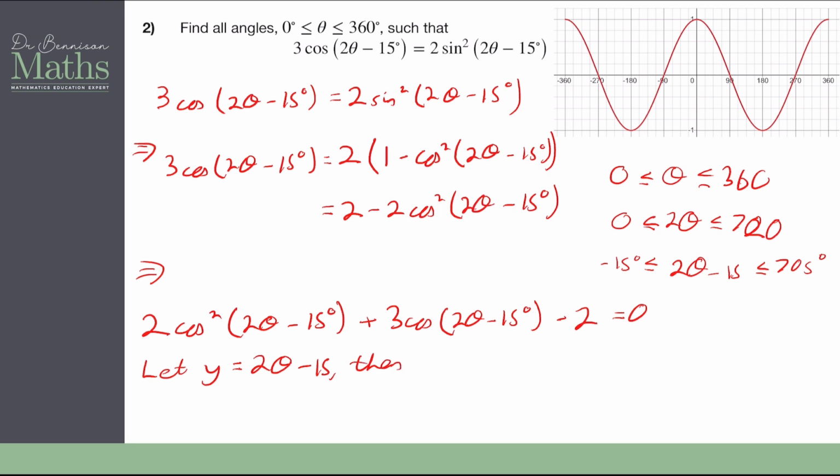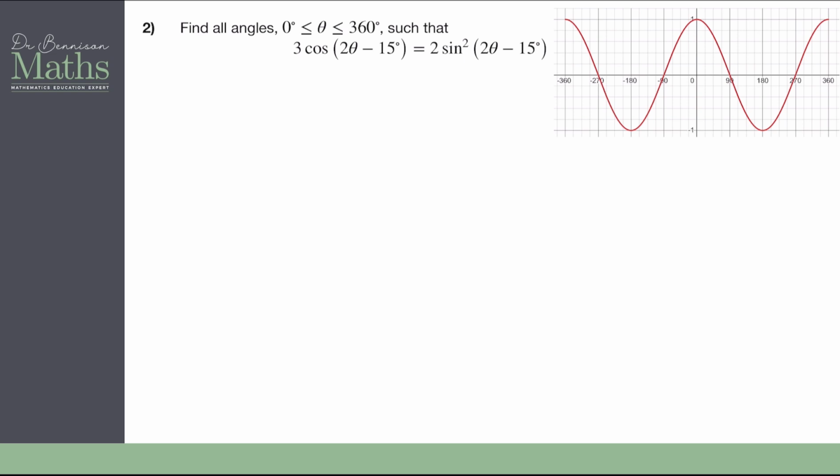And then we have 2 cos squared y plus 3 cos y minus 2 equals 0. So with that equation, we're going to start by thinking of factorising it into a quadratic. So if we've got the quadratic 2 cos squared y plus 3 cos y minus 2 equals 0, this factorises into brackets 2 cos y minus 1